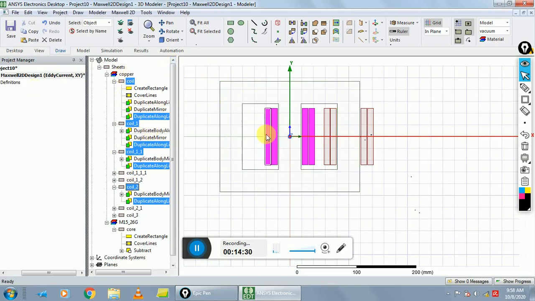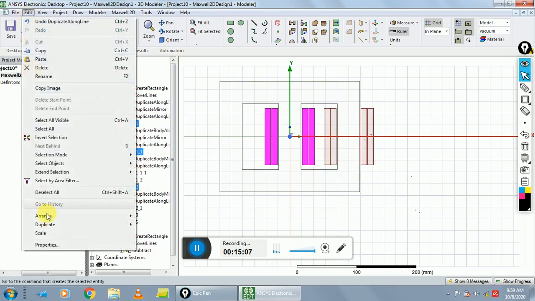Okay, after the completion of this step, repeat the same step. Manually select the 4 sheets from the history tree: coil underscore 1, coil underscore 1 underscore 1, coil underscore 2, and the fourth sheet. Don't select these other sheets. Okay, and again go to Edit,